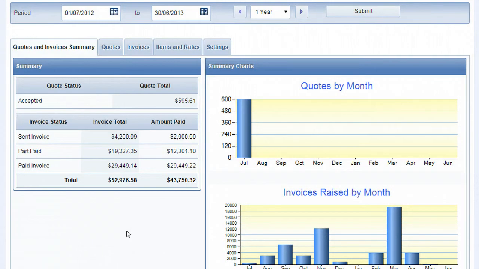Welcome to the EasyBiz Quotes and Invoices section. This page is filtered based on the period of time specified in this top section. It can easily be navigated based on a selected period of time, such as a year or a month. Once you've selected the period of time you want to view your quotes and invoices for, simply select the Submit